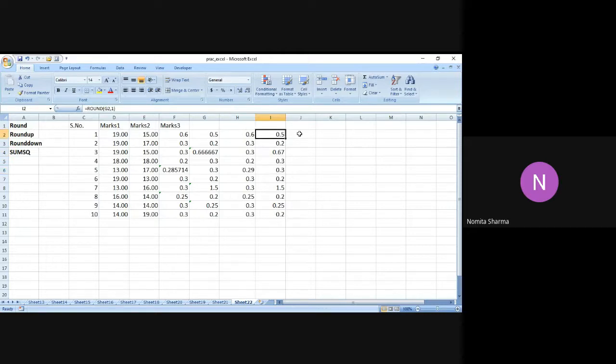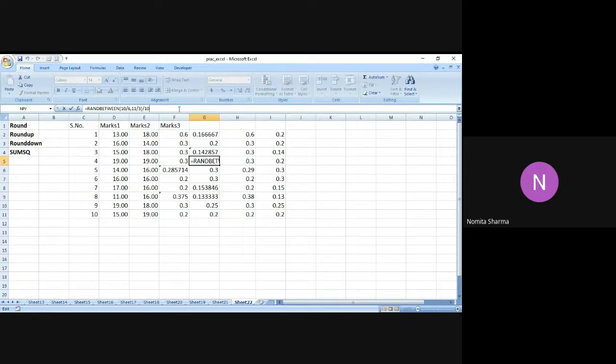For having better clarity in the round function, it is always better to have numbers which have more decimal positions. Likewise, let me say ROUNDUP now. Let me first of all increase the decimal position of these numbers so that we can easily have a better answer.